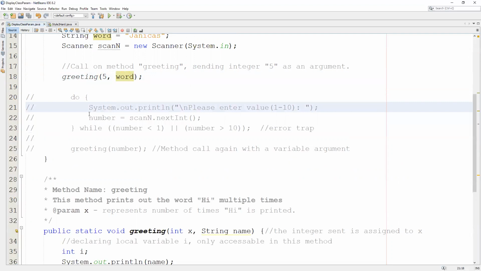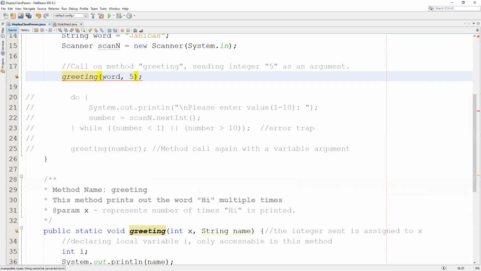Now, just to tell you one more time, your arguments need to match up perfectly with your parameters, which means that if I even accidentally mess up these two values and I send the string first and the number second, the integer second, it's going to create an issue because what's going to happen is it's going to try matching up